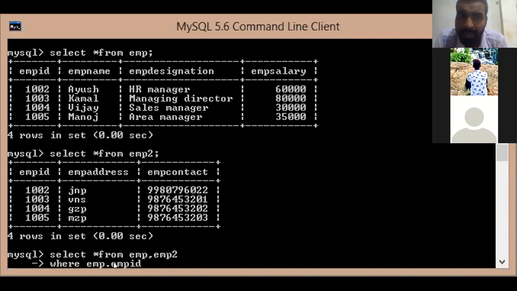So EMP ID of EMP table is equal to EMP ID of EMP2 table, EMP2 dot EMP ID. EMP ID of first table is equal to EMP ID of second table. This is our condition. Now it will match the fields, and as it matches, it displays the records. Press the enter key.